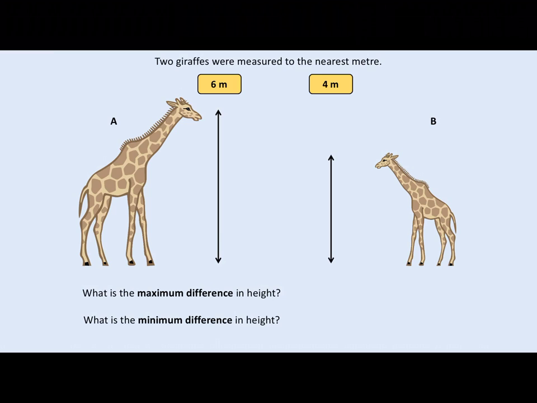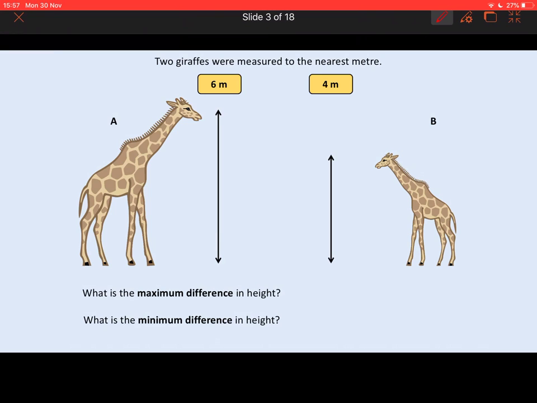So, if you have a giraffe, and you've got 2 of them actually, and you're measuring them to the nearest meter, what you do with these questions is write out the error interval. So for A, the largest height it can be is 6.5, but we don't include it. The smallest it can be is 5.5, and I'm measuring that to the nearest meter. For B, the smallest that it can be is 3.5, and it can be that. And the largest it can be, but we don't include it, is 4.5,